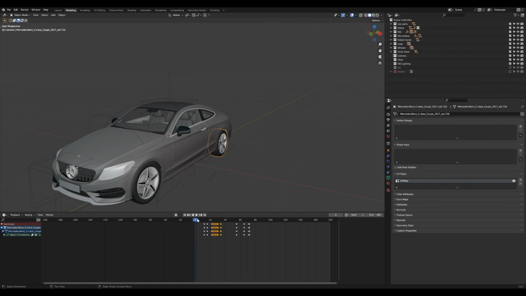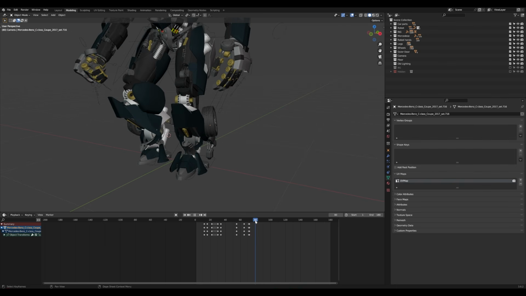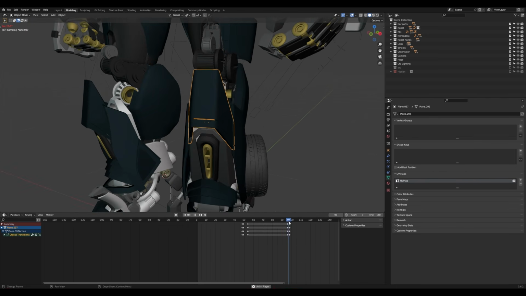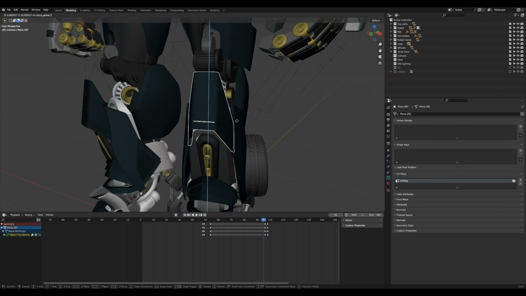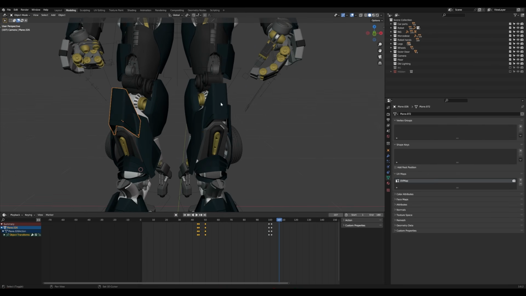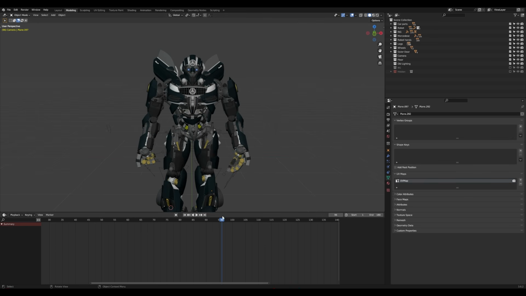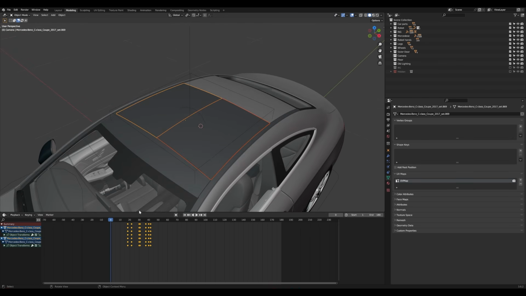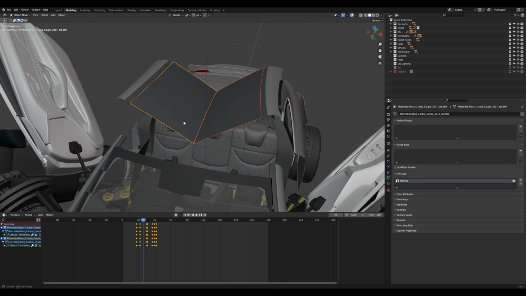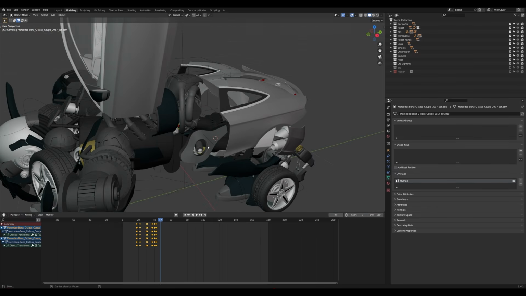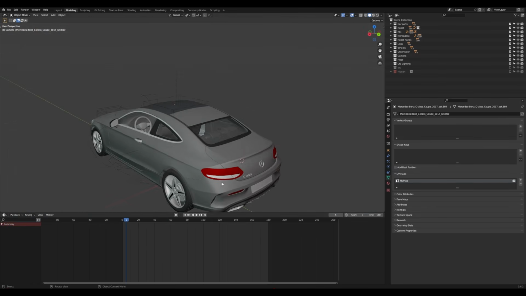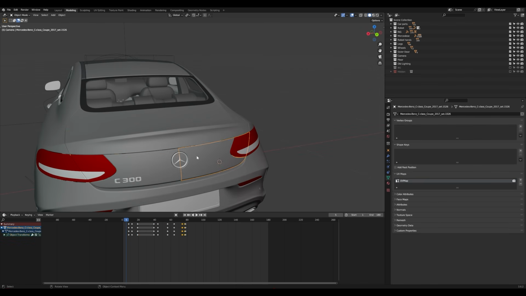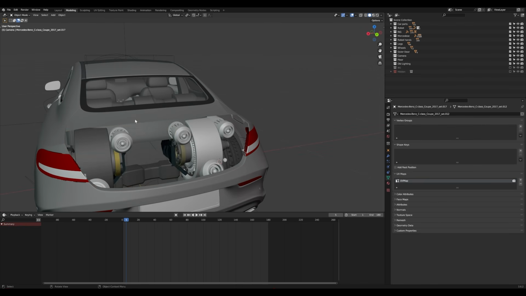And when our robot has completely stood up, I did some mini animations on these parts as well to create an illusion that some parts are still moving. The back part, as you can see here, is also divided into several parts, and each part is animating.